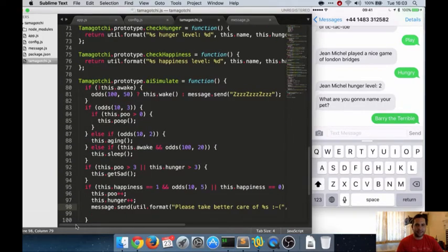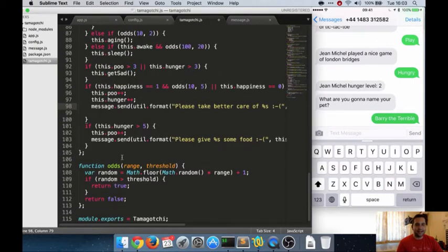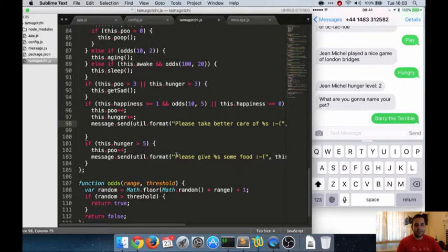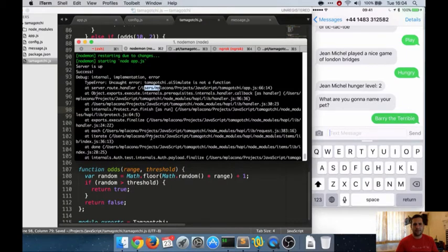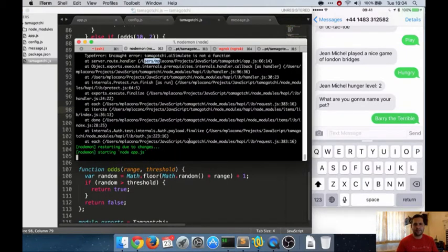This is so weird. I've not seen this before. I think it's to do with the semicolons, but let's see. Because this is so weird, you shouldn't